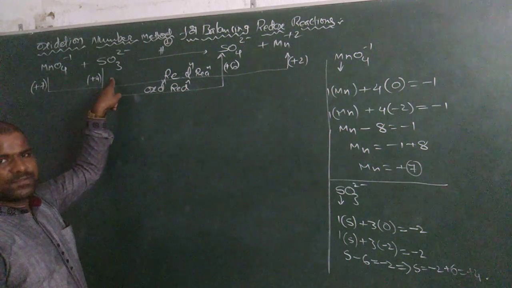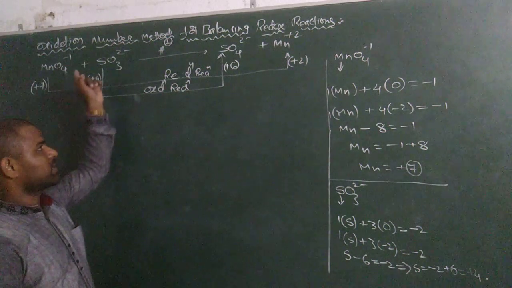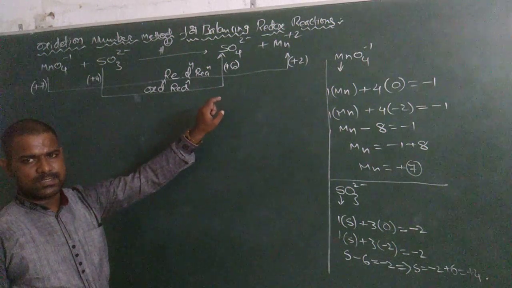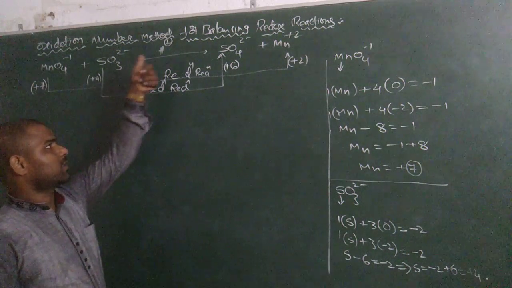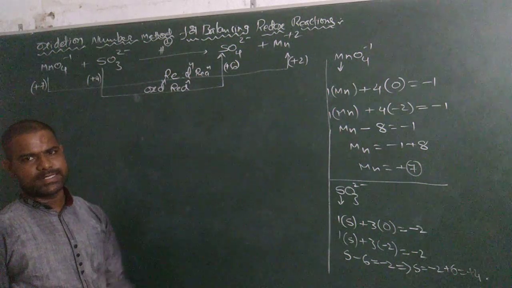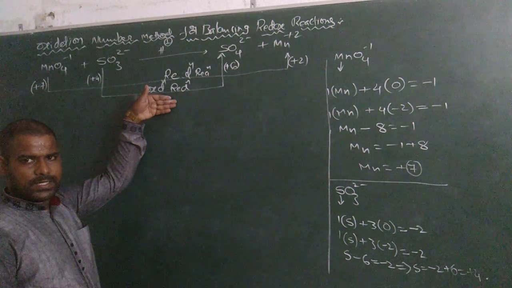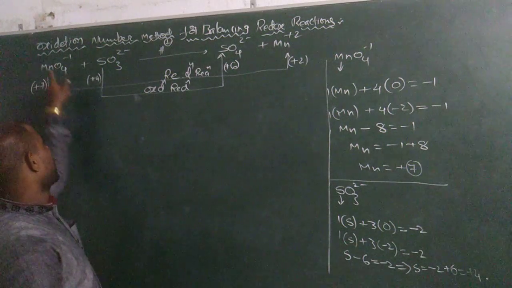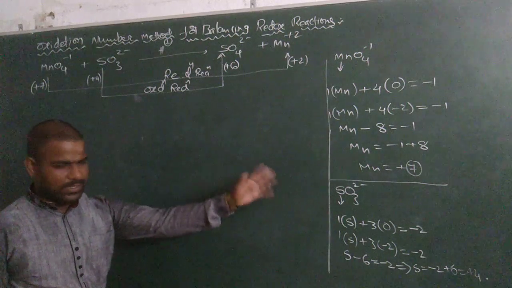In the case of the sulfite ion, the sulfur is in the plus 4 oxidation state, which by loss of 2 electrons changes to the plus 6 oxidation state. In the sulfate ion, we can see a gain of oxygen from sulfite ion to sulfate ion. It's an oxidation reaction. So we have both oxidation and reduction in one reaction, and the reaction given to us is called a redox reaction. For the oxidation number method of balancing redox reactions, we follow these rules.